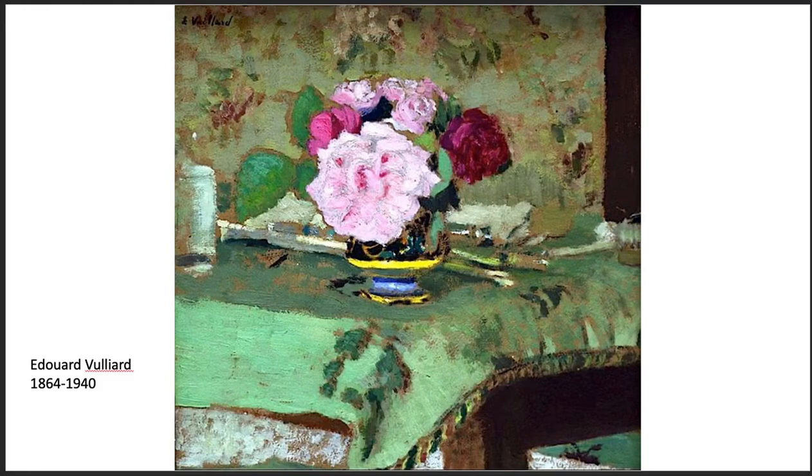When we think about still life, we think about conventional setups that are a lot like this. And this is Edward Vuillard, and he worked primarily in the late 19th century. He was very interested in pattern. He was very influenced by Japanese printmaking. But when we think about what a still life does, it is a focus that essentially puts the domestic on